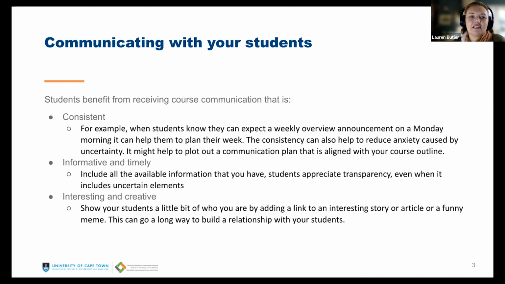Okay, so we thought it would be a good idea to start with just looking at how students can benefit from course communication. And communication can include anything: announcements, it can include emails, any type of communication that would come from your side and be sent out to the students. So there are three main key points that it's worth considering as you think about your communications within the course